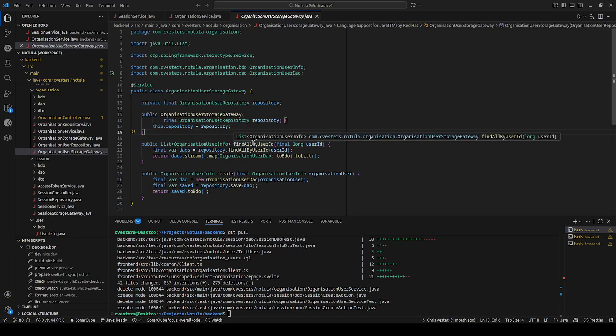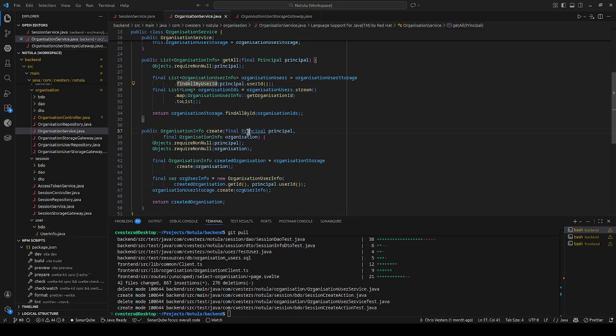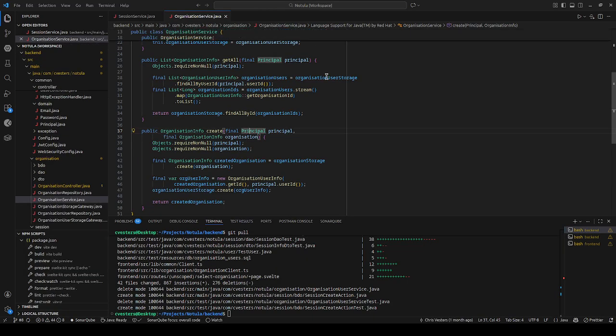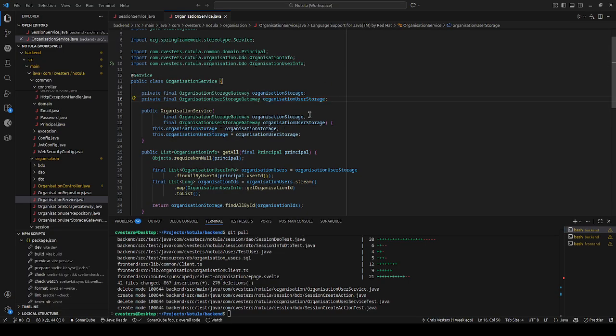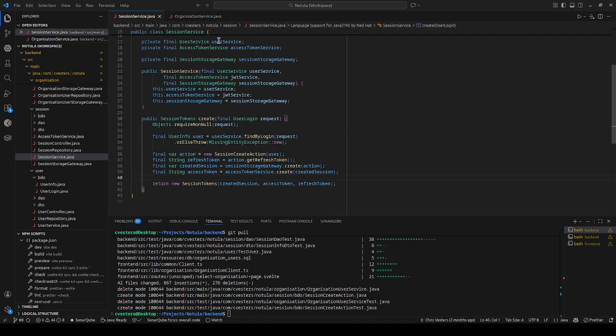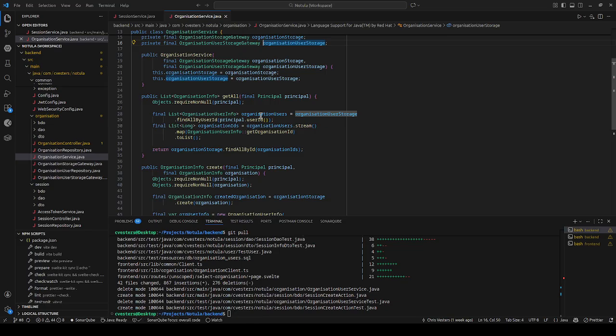Just the entire principal is a bit much, especially because it will currently only contain user ID, but it might contain more information. And technically the storage is just a way to convert data. It's a bit of a layer in between. So I want to pass in domain objects,